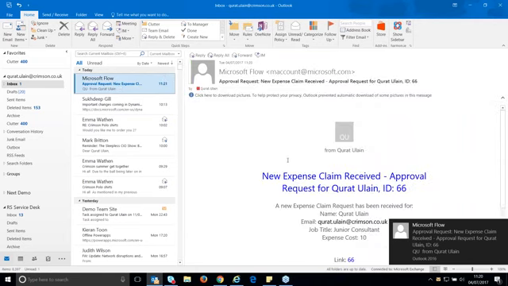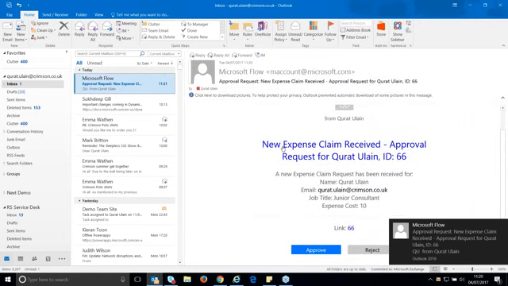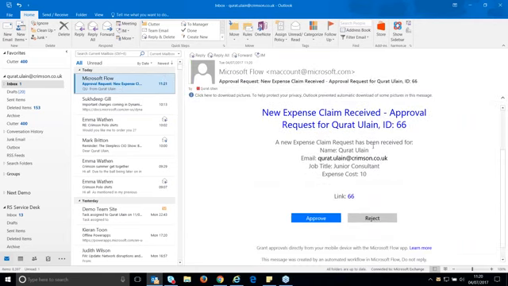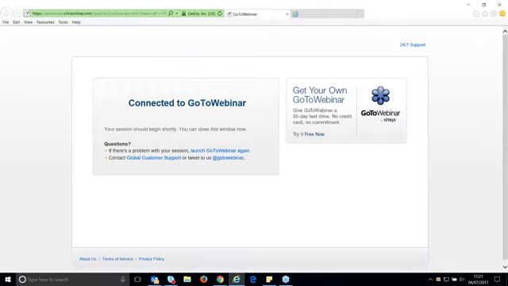So this is an email I receive as a manager, or you will be receiving as a manager. It shows you the detail of your claim, for example, the requester, the email, the job title, etc. This is a link to the item itself. So if you wish to view the request in full detail, you can just simply click the link, or once you're happy with all the data, you can just simply approve or reject. Okay, so if I click on this approve button here,